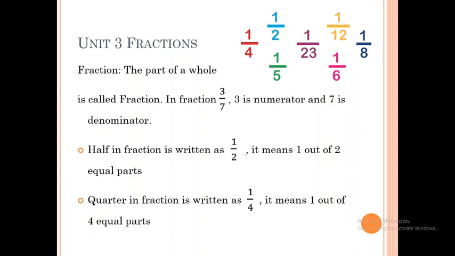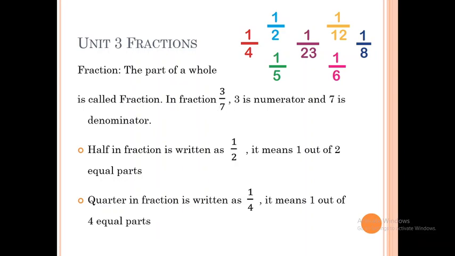Now how to write a fraction? The fraction is always written like this. A line is there and one number is above the line and one number is below the line, like here. So how to read a fraction? We read this one as 3/7. And this 3 which is above the line, this is called a numerator. 3 is the numerator and the number below the line, that is 7, it is called denominator. Learn them. The number above the line is numerator and the number below the line, it is called denominator.